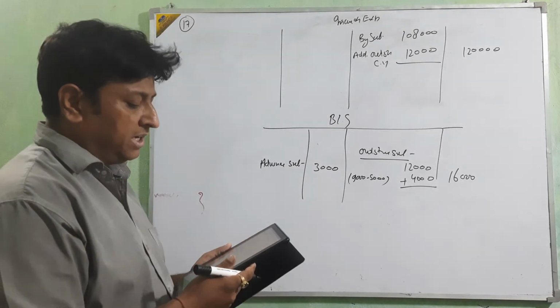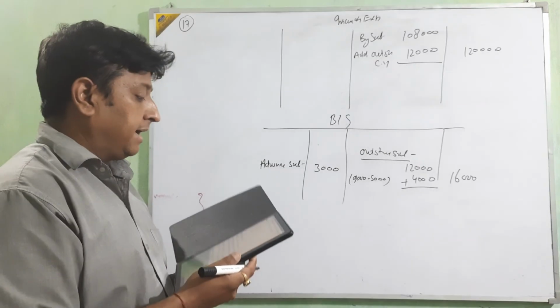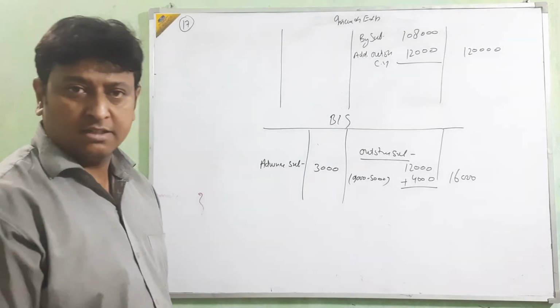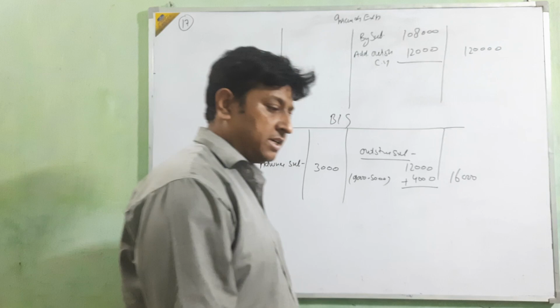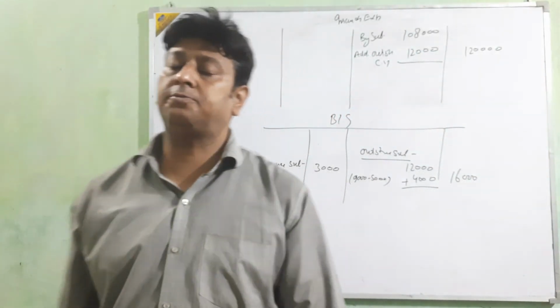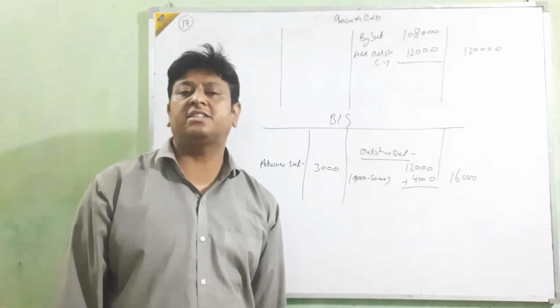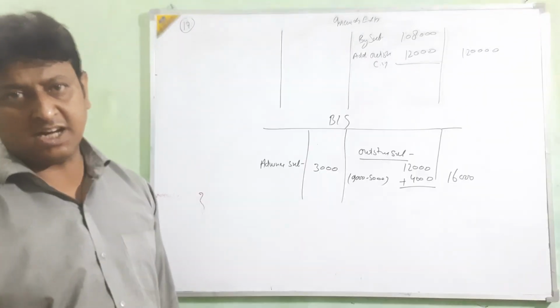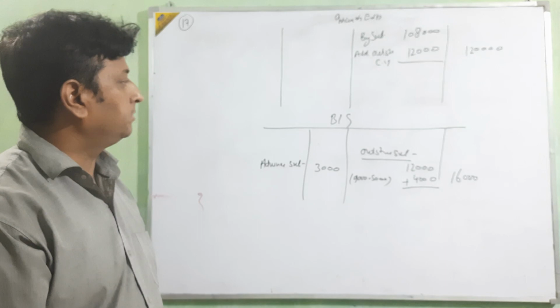This is the way we are going to solve the questions, beta. Okay, and all the remaining questions you will try and finish, because in the next question I am going to start one full question of income and expenditure account, balance sheet, opening and closing. Okay, beta? Clear? Okay. Thank you.